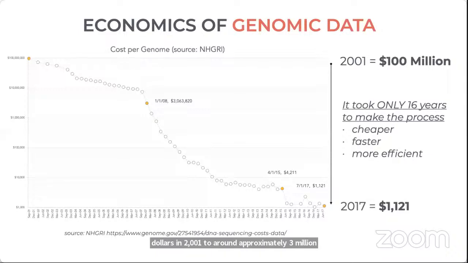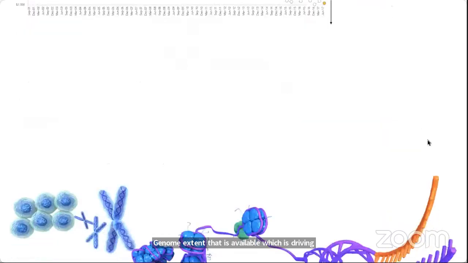And by 2017 alone, the cost of a single sequenced genome was close to $1,000. And the aim is to reach less than $500 or $100 by 2025, I believe, if I'm not wrong. So this has made a tremendous volume of genomics data available, which is driving the whole big data bioinformatics